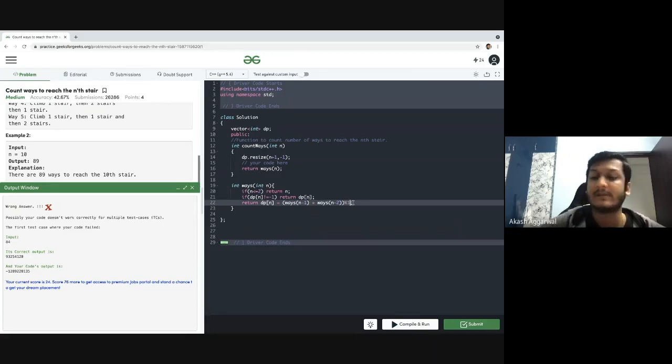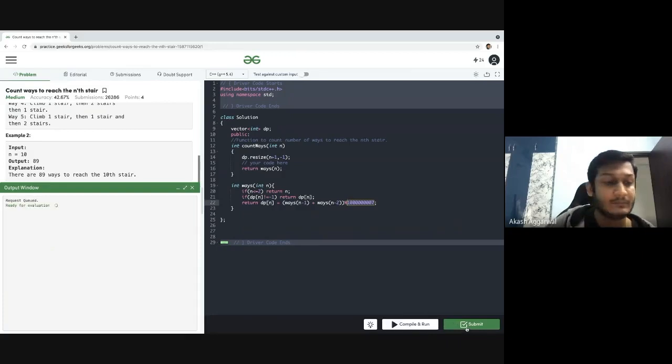So it's always better to take a modulo. So 10 to the power 9 plus 7, that is the value, right? This is a magic number. It is actually a prime number and you could have taken any other prime number also, but it is the best programming practice to take this 10 to the power 9 plus 7. It is a standard. So let's compile and run.